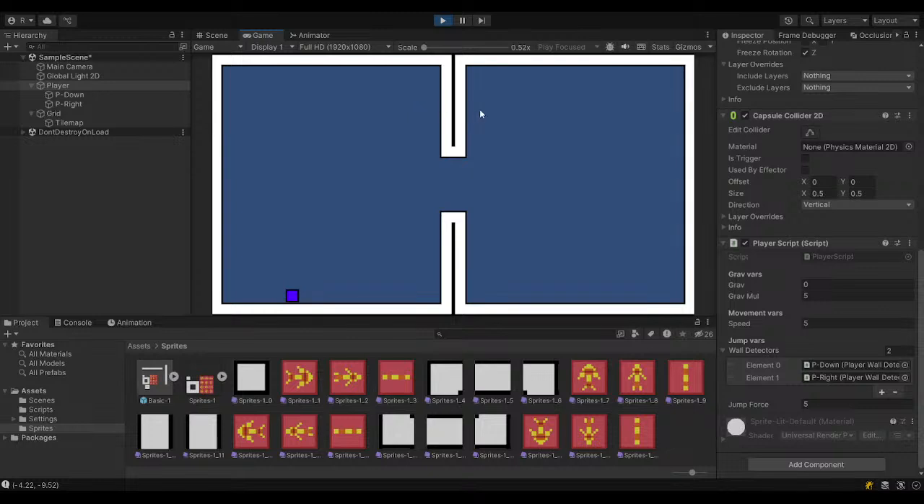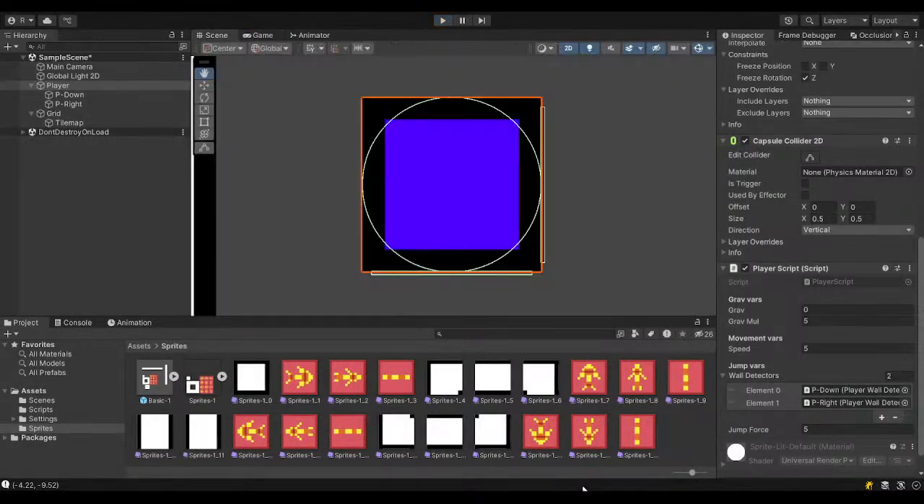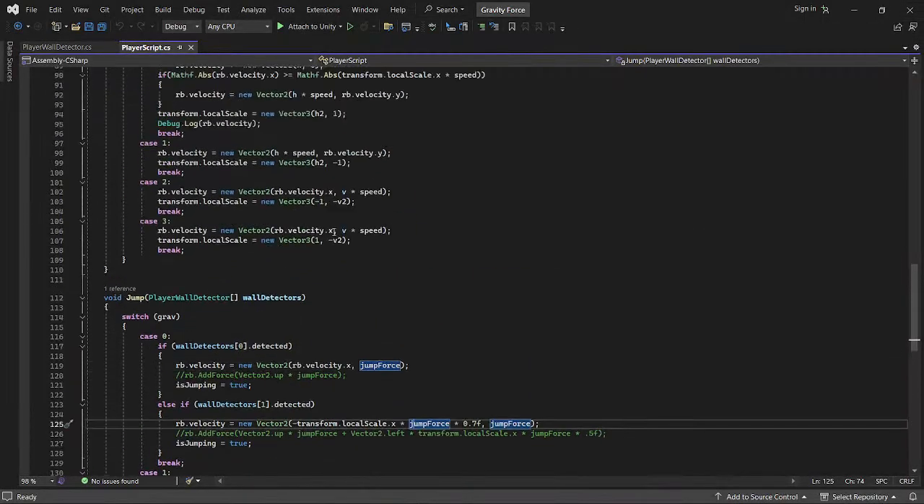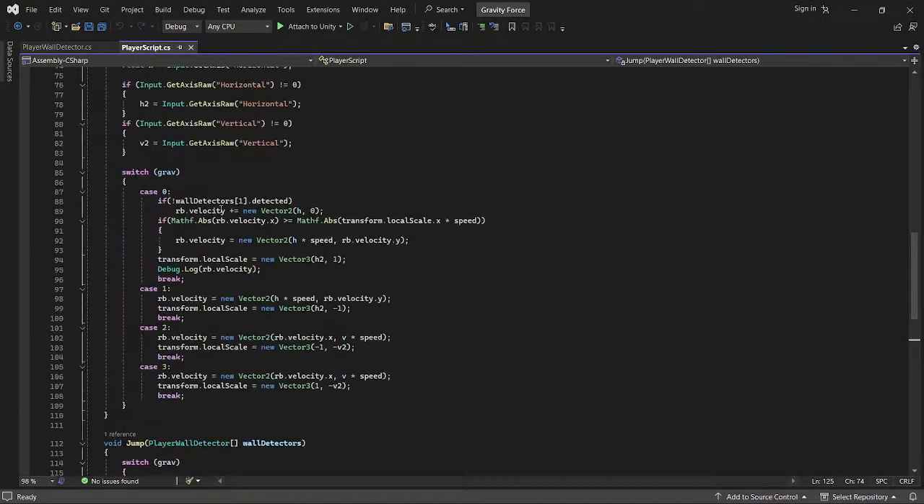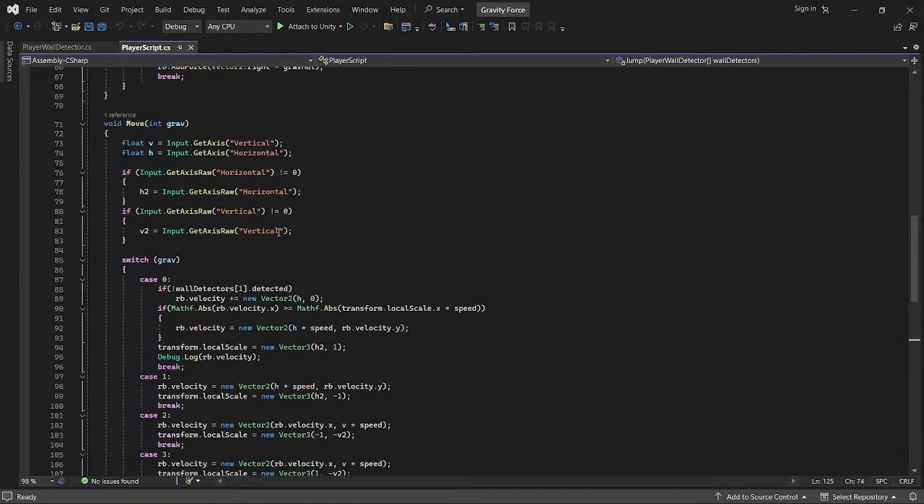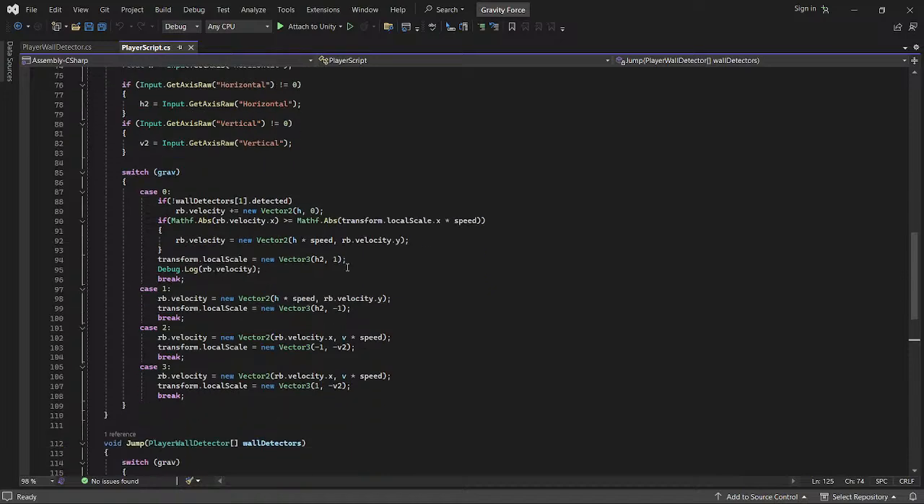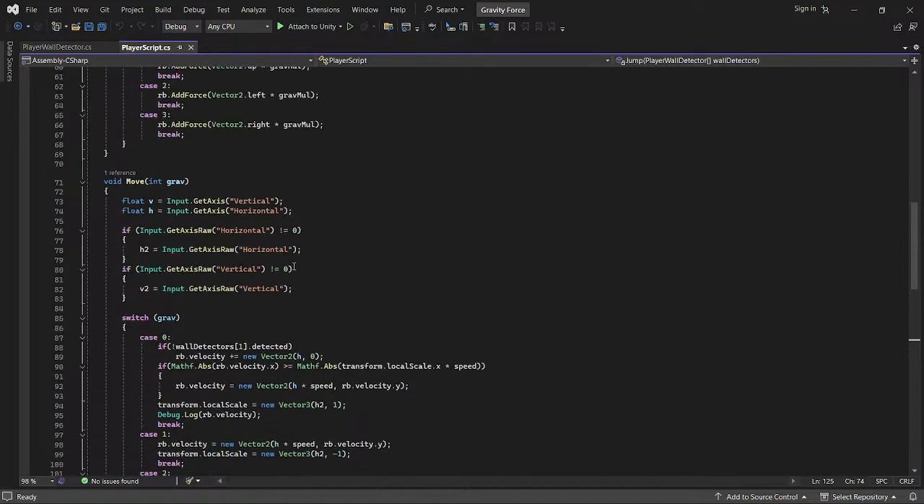It's sort of the plan, but before I do that, I have to add the code for other gravities. Alright,